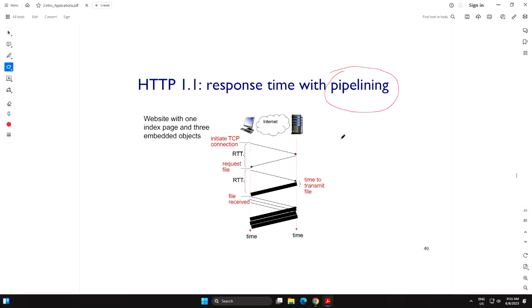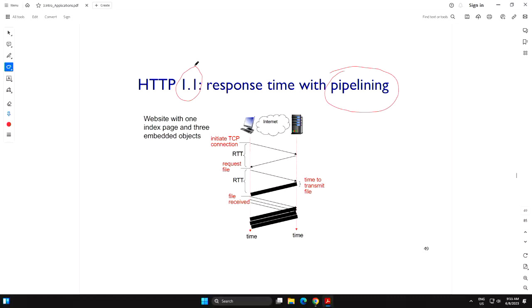Okay. What is pipelining? By the way, it's 1.1. So 1.1 replaces 1.0. So there are more servers running 1.1 now in the internet than 1.0. Right. So what is pipelining?